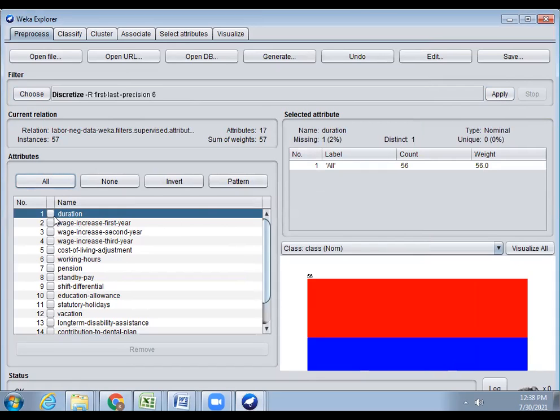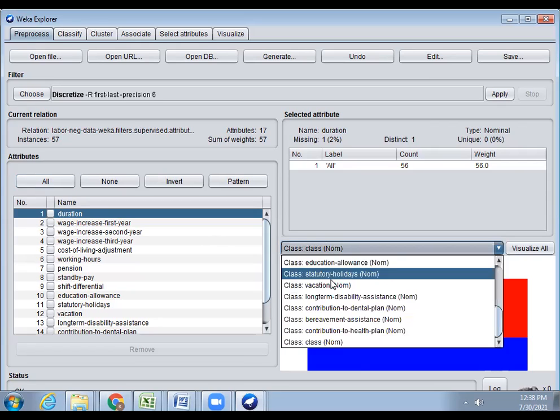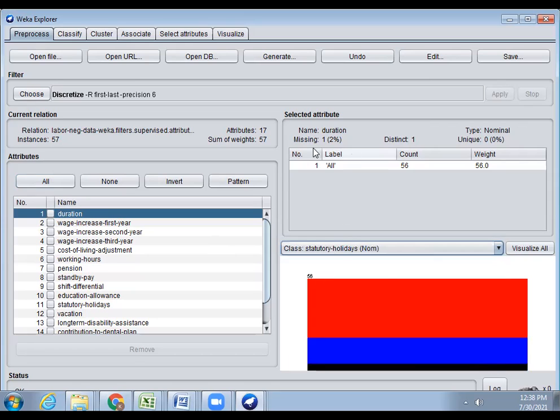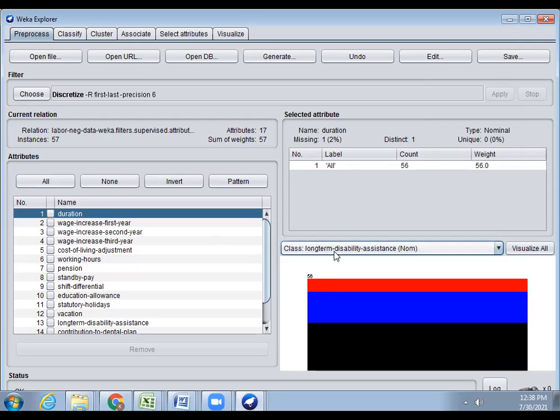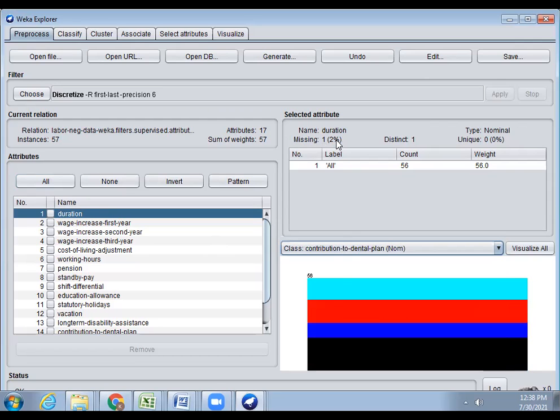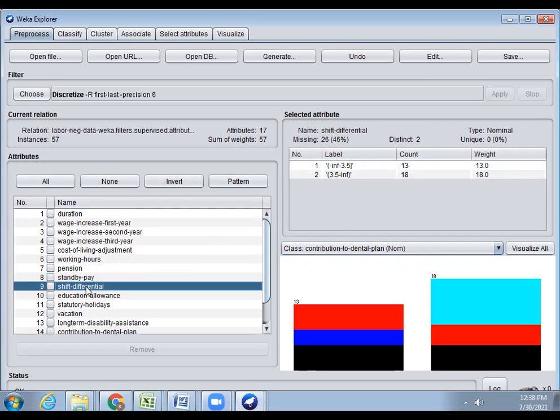Automatically, each process changes the missing values. In the previous stage some missing values were 84 percent, and some attributes displayed 11 percent and 46 percent.